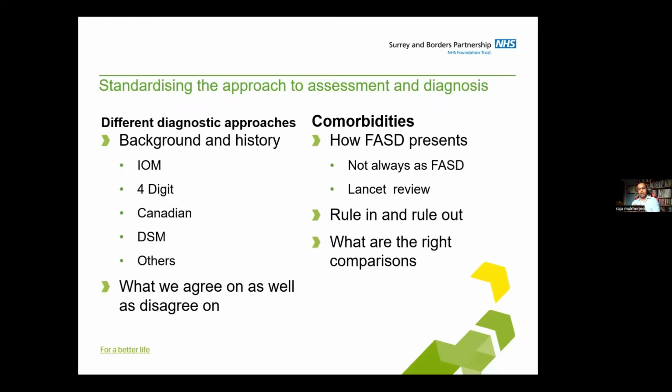Even that wasn't enough. Susan Astley and Sterling Clarren developed the 4-digit scoring system, which tries to consider the effects of prenatal alcohol exposure in its whole context and the whole span of presentation you can find. But it became considered quite unwieldy in some situations. There are 256 codes, and you have to follow a certain process. So the Canadian group, in 2005, pulled together a set of criteria, again using the diagnostic criteria set out by the IOM.